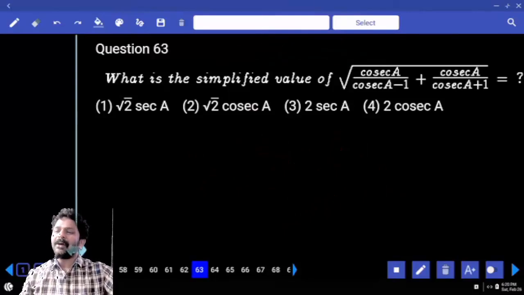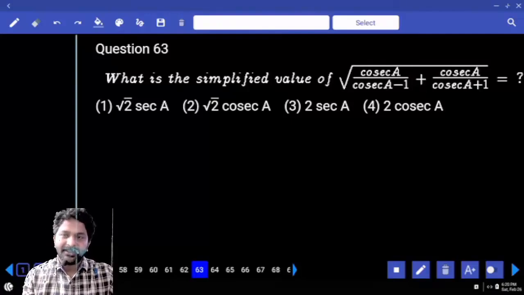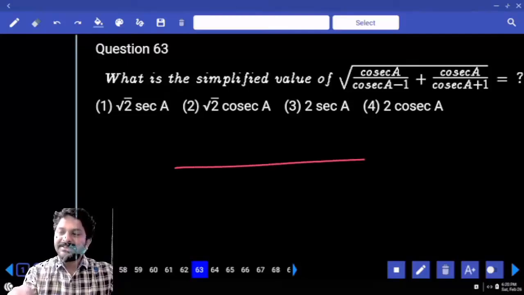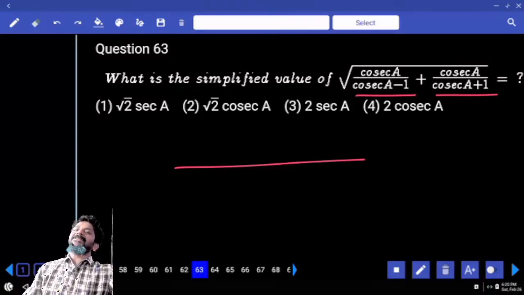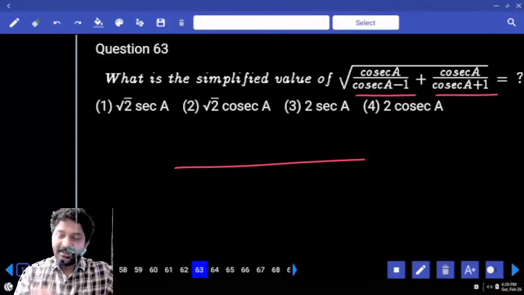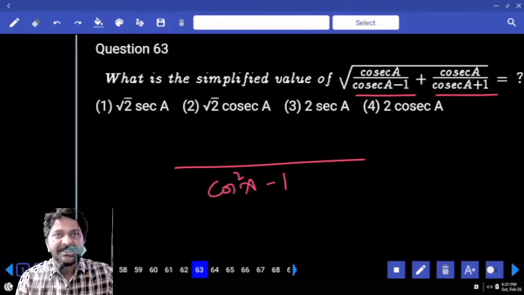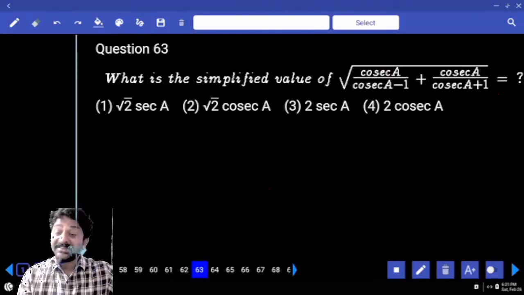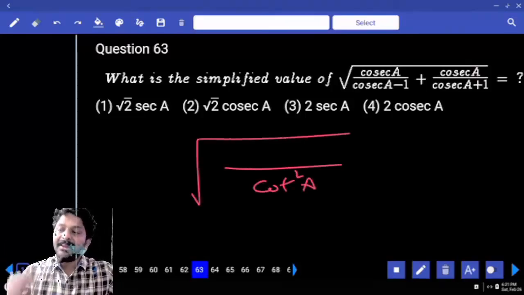Right, under root of. When you go for cross multiplication by taking LCM common in the denominator, what is your denominator? Cosecant a minus 1 into cosecant a plus 1. That is cosecant square a minus 1. What is this? Cot square a. Correct? And then in numerator,